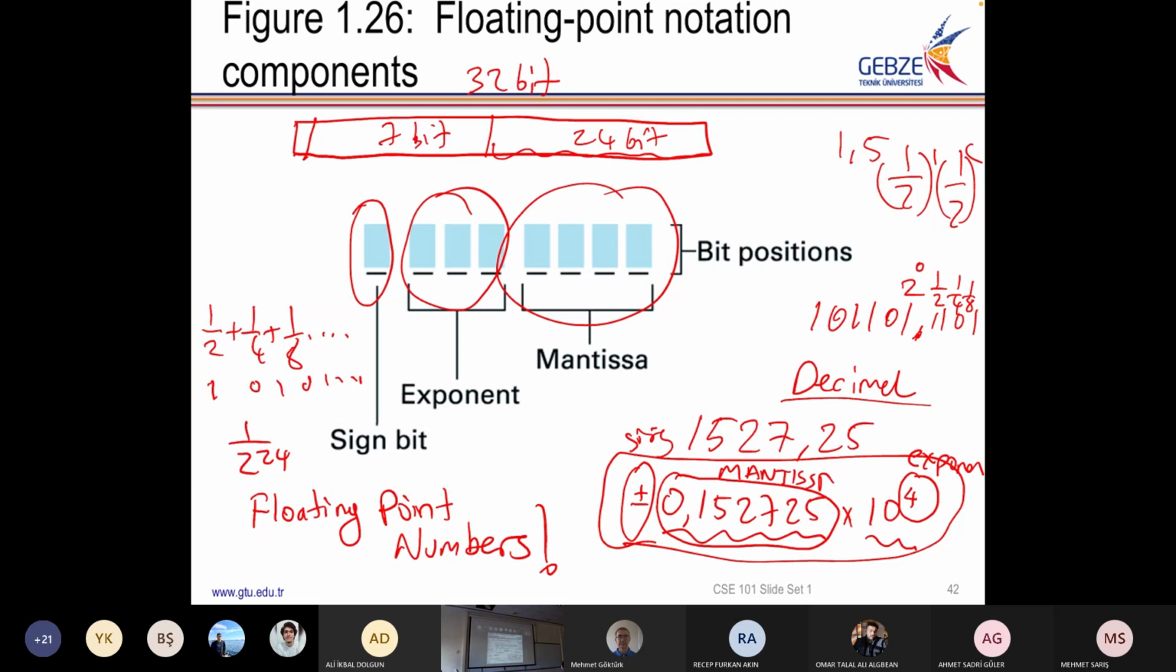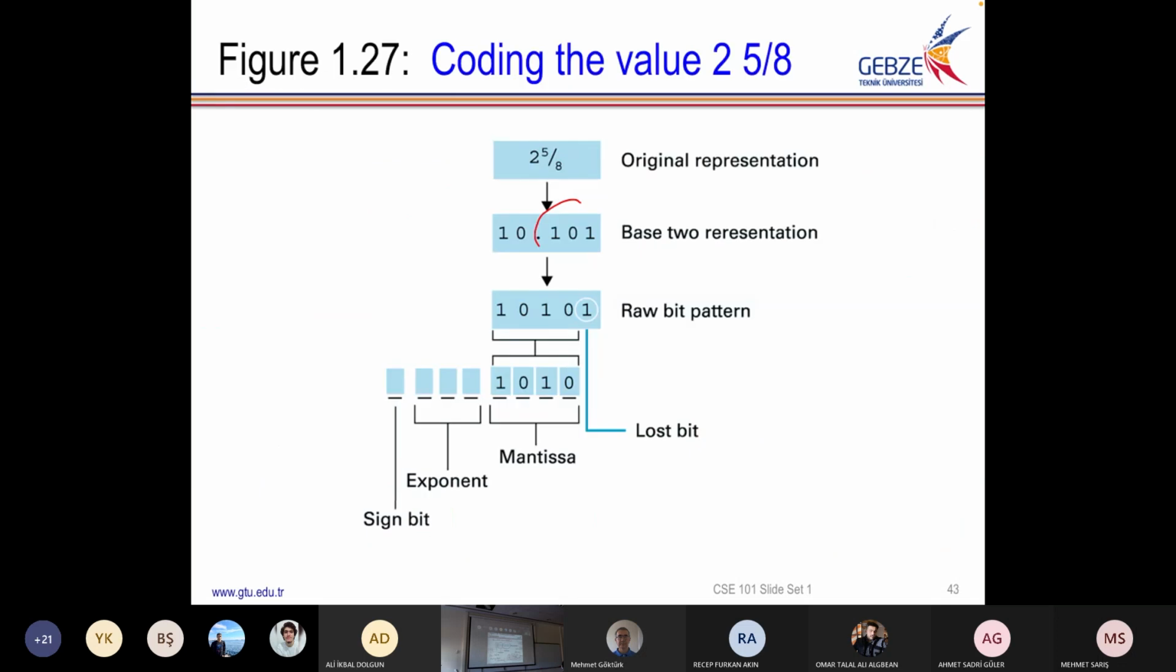So your question, 2 times 5 over 8. 5 over 8 is 101. 2 is here. So 101 comes here. But since the mantissa is